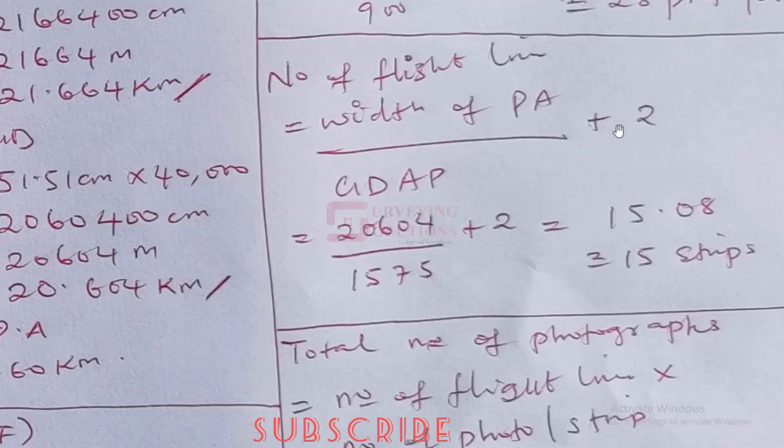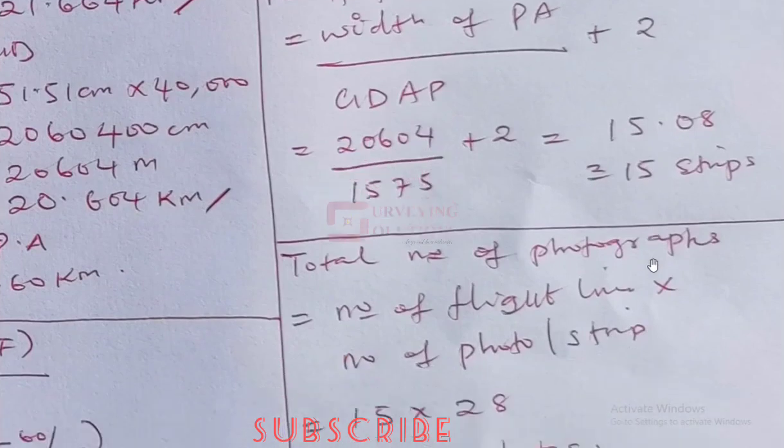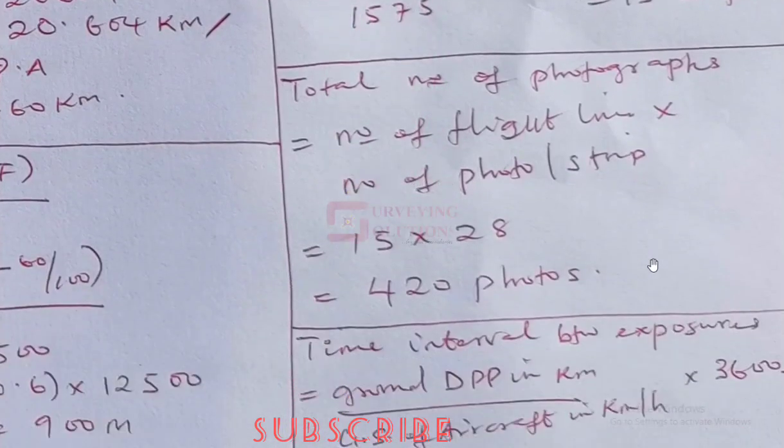And that should give you, plus 2. Sorry, we didn't add this in our formula, plus 2. So that should give you 13.08192. So plus 2 should be able to give you 15.08. So if you approximate that to the nearest whole number, you have 15 strips. So finally, or not really finally, but for the total number of photographs you are going to have on this flight is actually